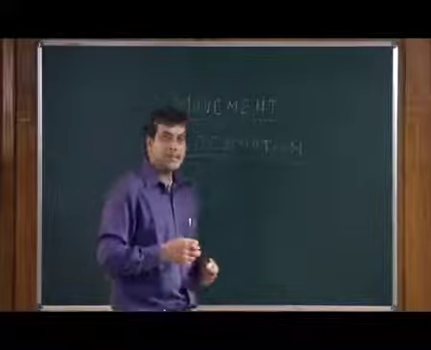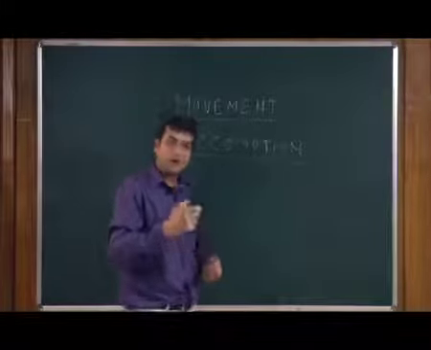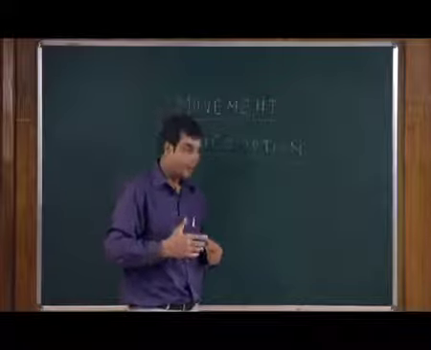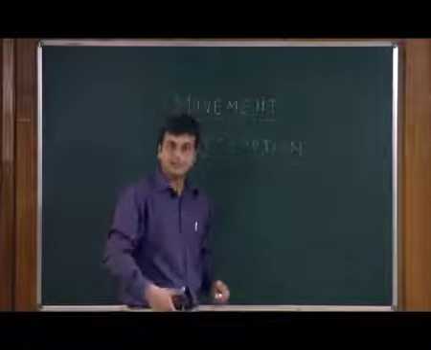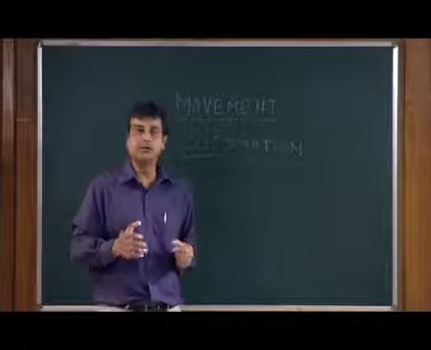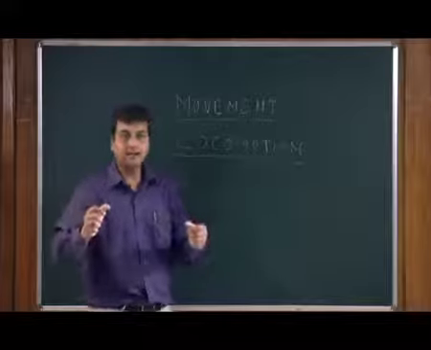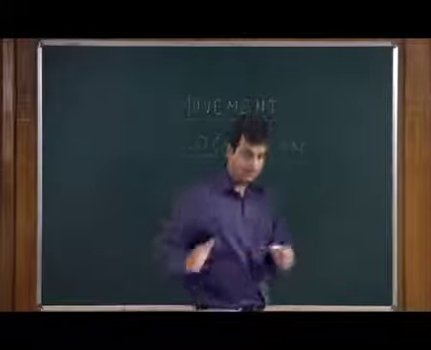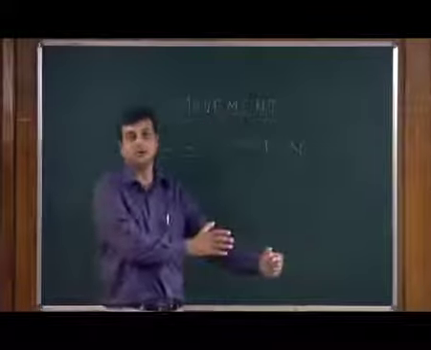Now, what is the actual aspect of locomotion in the human body? We have feet, we have our legs. If we are standing, there is no locomotion, but we are doing some movement with the hand. But once we start walking, we have changed the position from one location to another location,